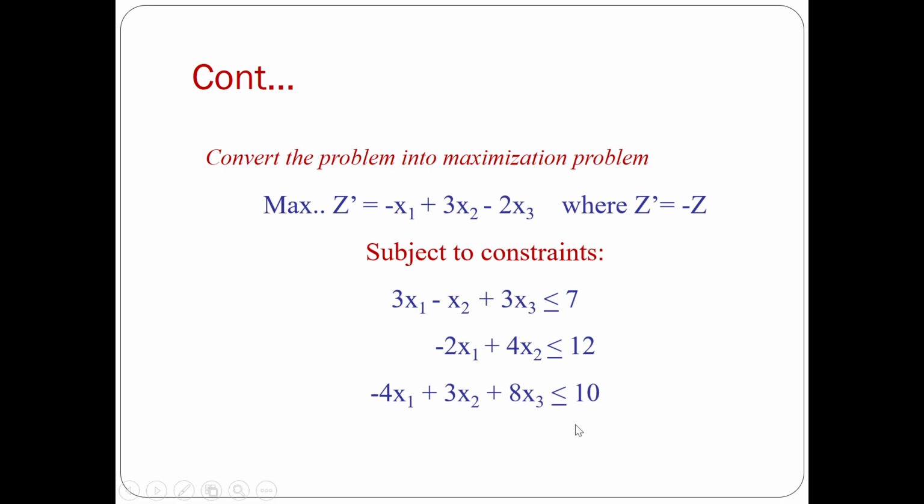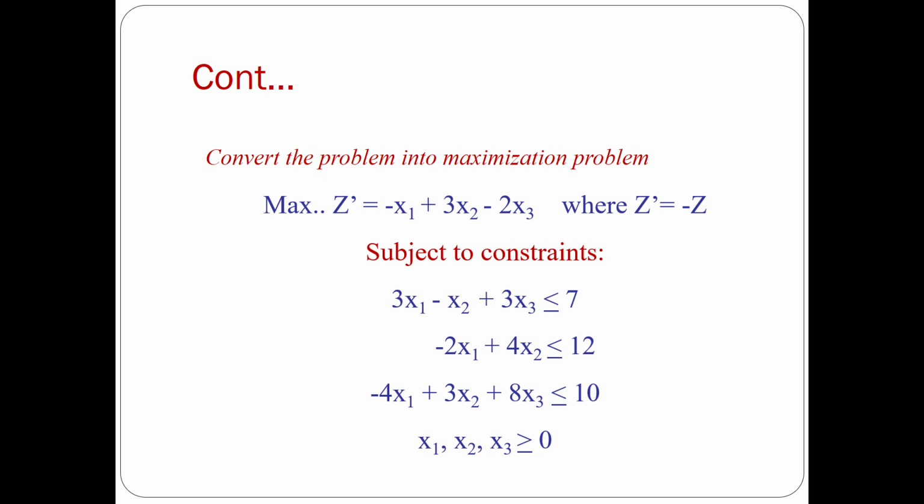So this is how we convert the normal problem into canonical form, and in the same way the minimization function into a maximization function. Nothing more than that. Just by multiplying by -1, we can convert a minimization function into a maximization function, and in the same way a greater than or equal to sign into a less than or equal to sign. So this is the canonical form.